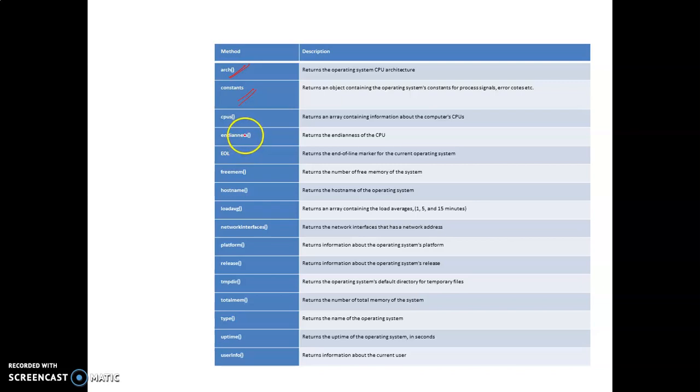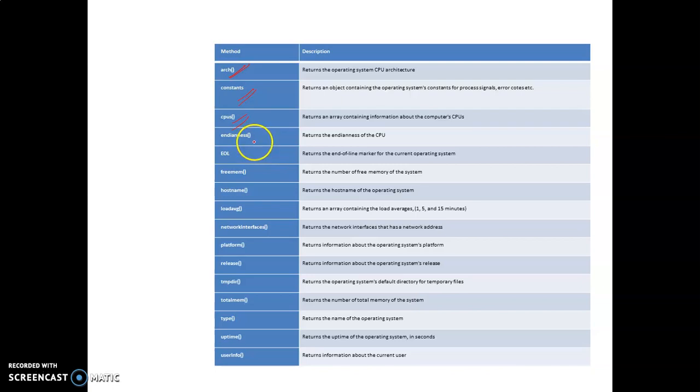For getting information about the computer CPU, the function we are using is cpus, that is os dot or object dot cpus, which returns the information about the computer CPUs.